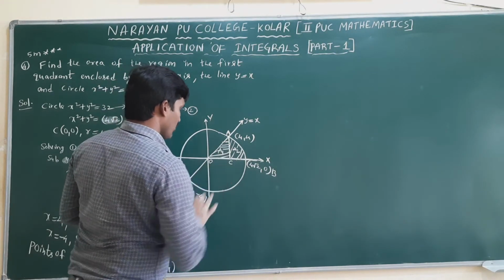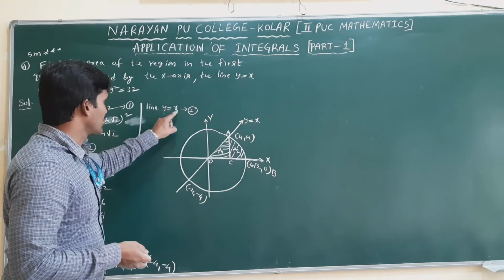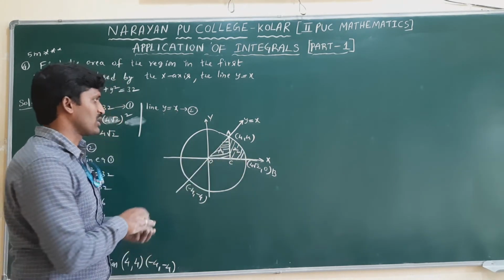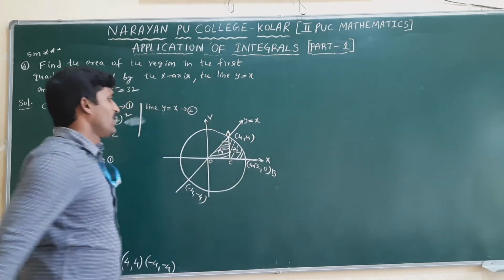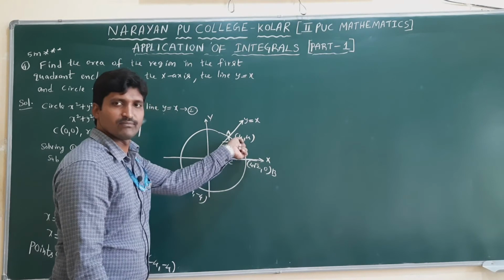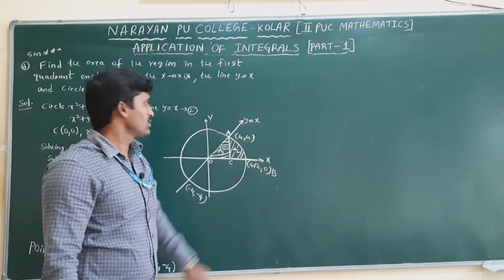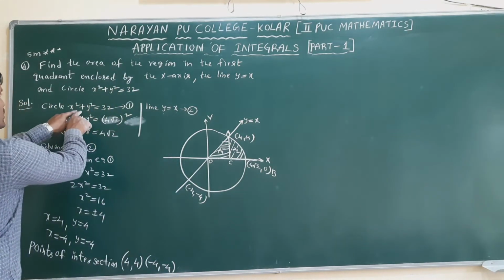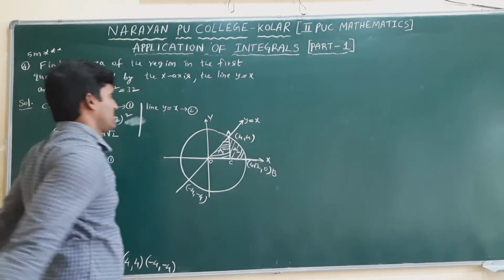Now clearly we can find two areas are there. The line is already there, y equal to x. I am doing it with respect to the x-axis only. While doing with the x-axis we need x limits. Now x limits means what? This limit is from where to where? 0 to 4 only. Next, for the curve what are the limits? From 4 to 4 root 2. Now the circle we need to convert, because y in terms of x we need.